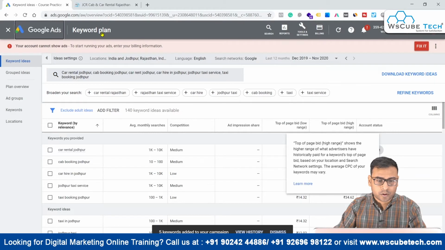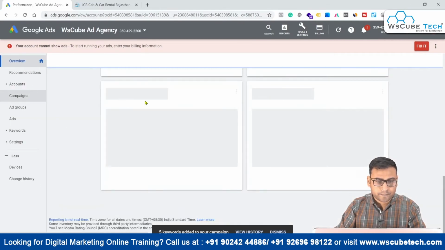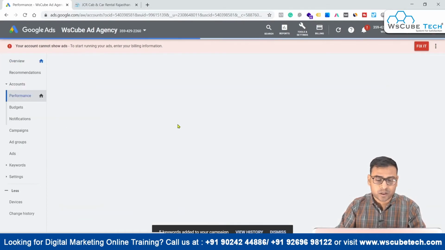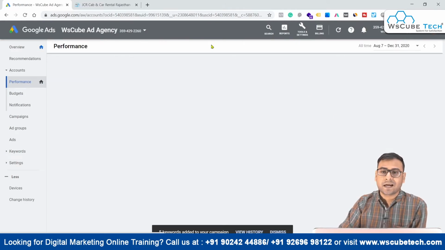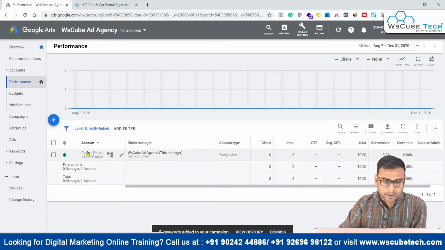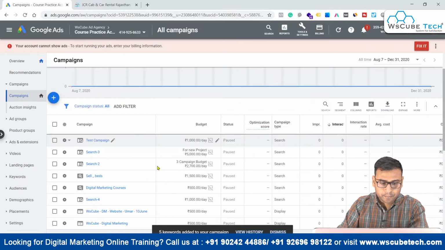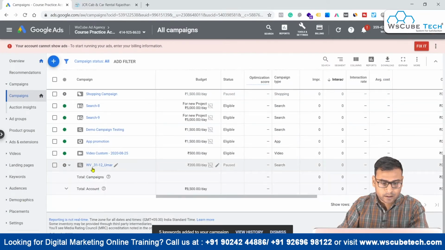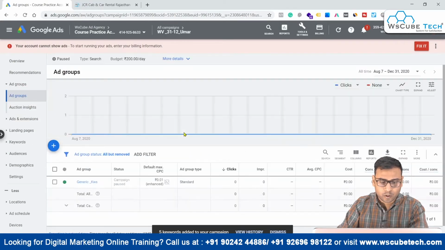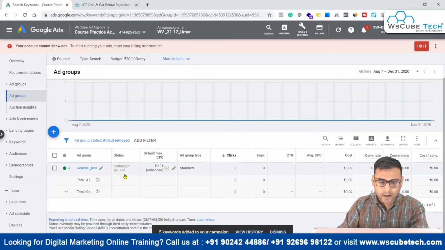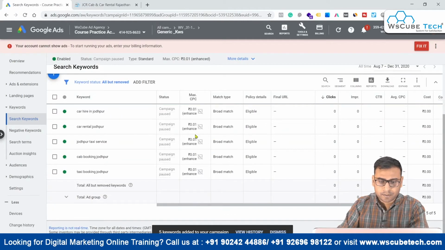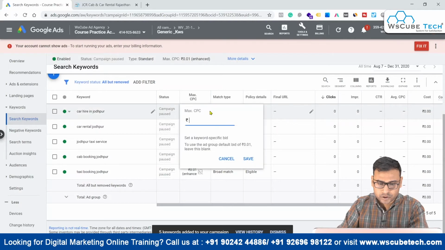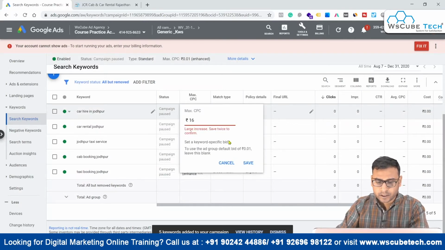So again, we will come to our Google Ads dashboard. We will select our campaign where we just pasted these keywords, and then further we can play with those keywords. We can change their bidding, we can change the bidding at the ad group level, and everything we can do, right? So let's come to the campaign part, and from here let us select our campaign. This one is our campaign. Now if we open this campaign, you see we have an ad group, and within this ad group we have different keywords over here, right? But if you see, the maximum CPC is something different, so we can change the CPC, like we can set it to 16 rupees.